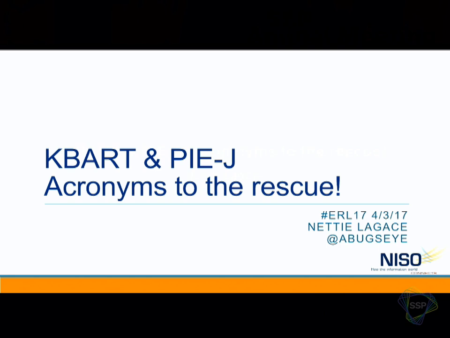They are a little related. They're both involved with journals, so if you're a journal publisher, I hope that both of these initiatives will help you communicate information about your products to libraries. Both of these projects